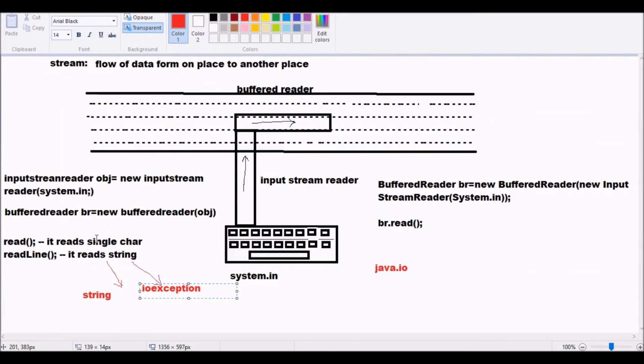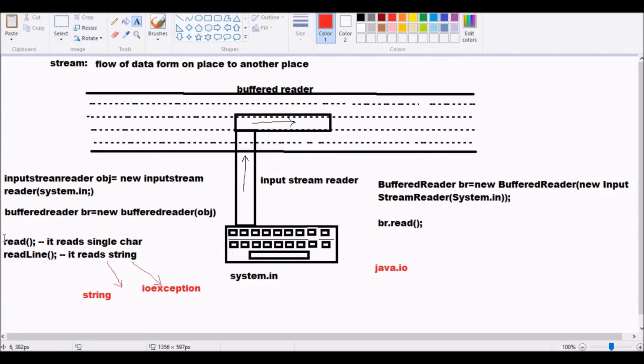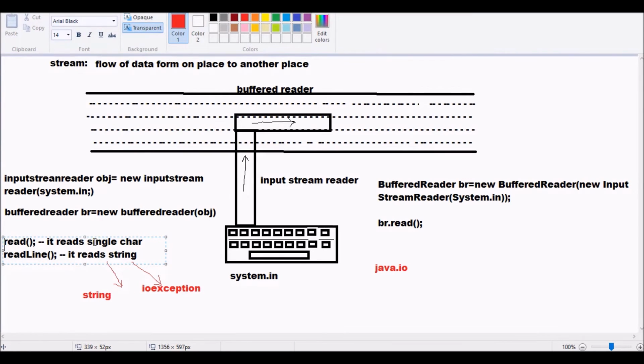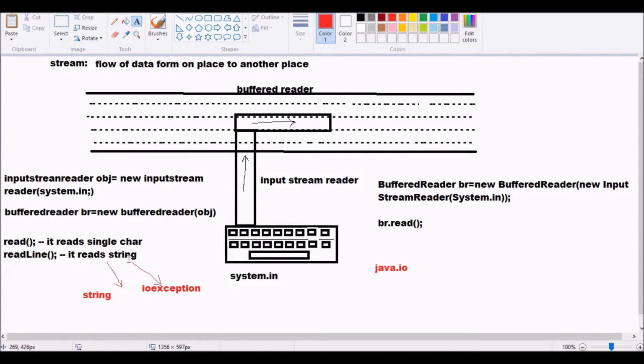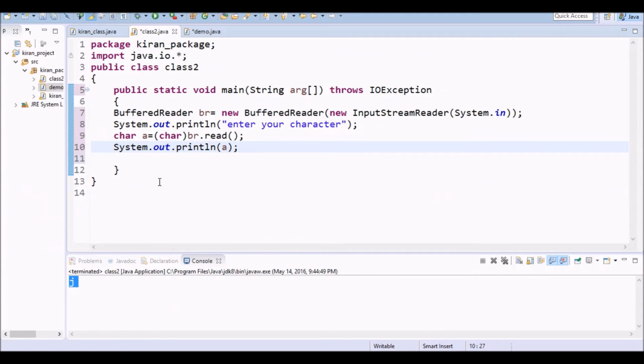Okay, so let us consider this again. For the read and readLine methods, there are two restrictions. These two methods only read the data in the form of strings, and these two will throw an IOException. So to execute the program and avoid these errors, we are going to convert whatever data we are using, and we are going to write throws IOException to handle the exception. Okay, let us now execute it.